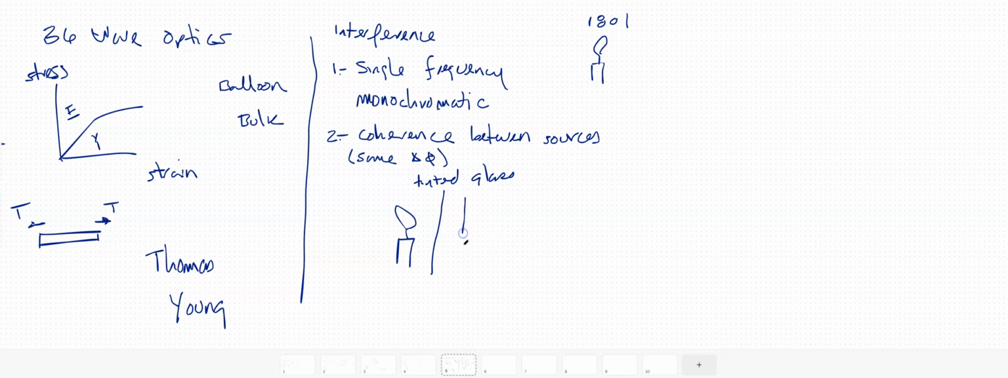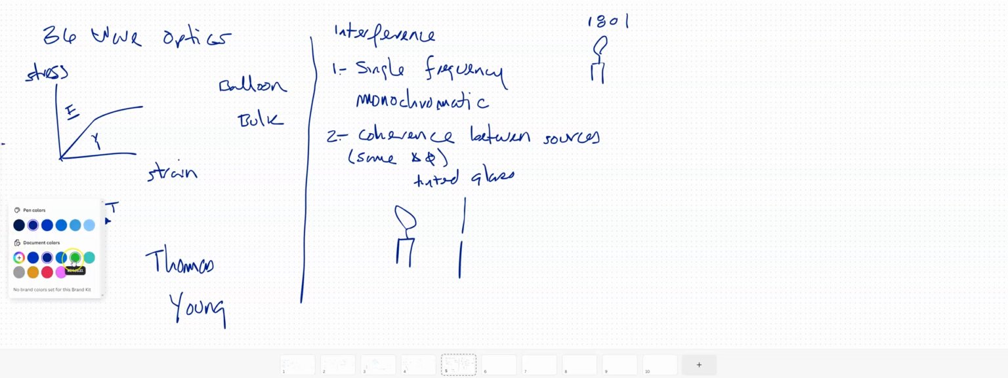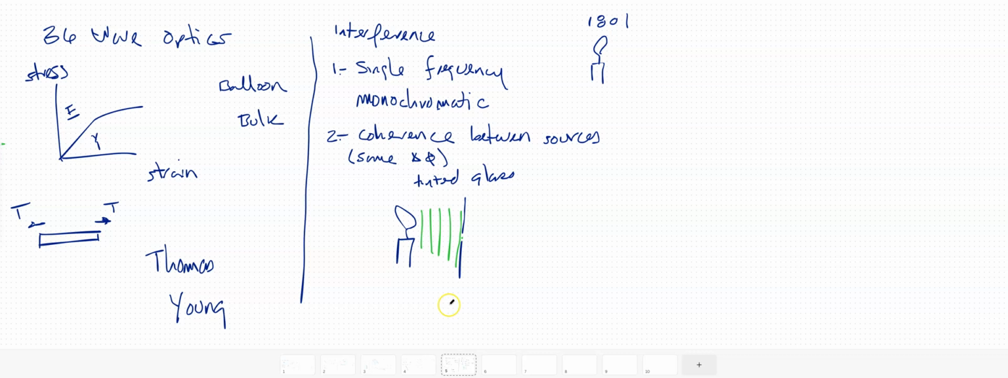So he put a screen with a little hole. Let's forget about the filter for a moment. So you get your waves. Here come the waves, right? And then when the wave hits this little slit, if I show you how this looks from the side,